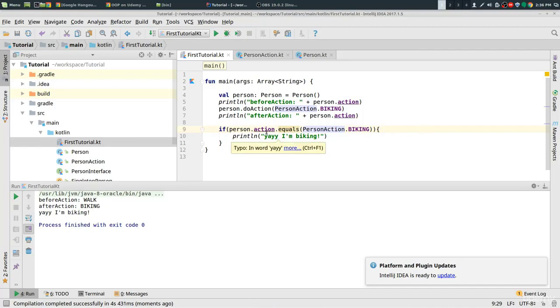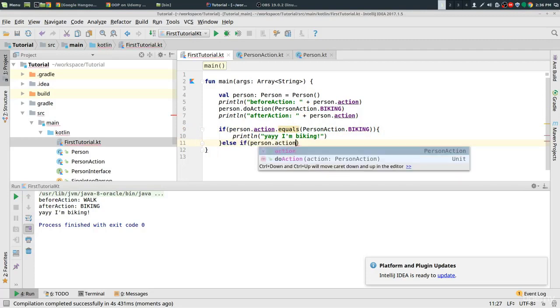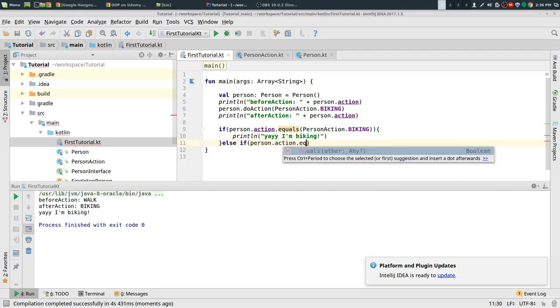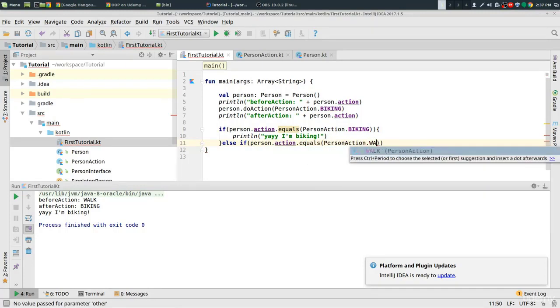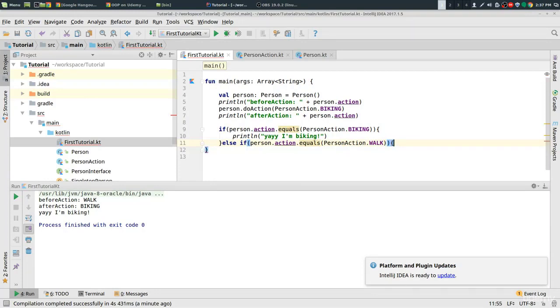Now, when comparing enum values such as biking and walking, you can't do the double equals. It is better to do the dot equals. So if we do else if person dot action equals person action dot walking or walk,